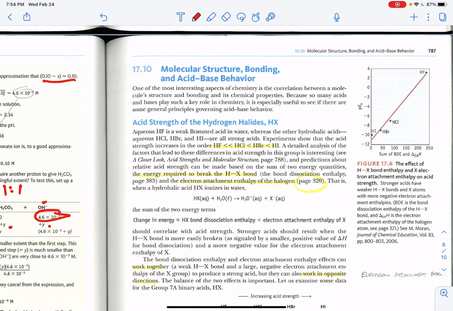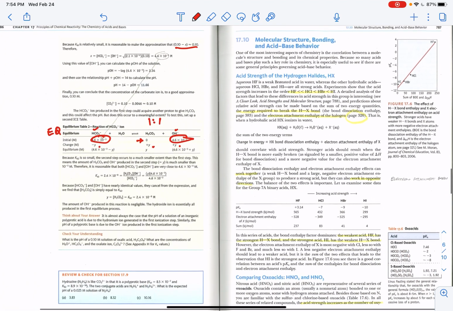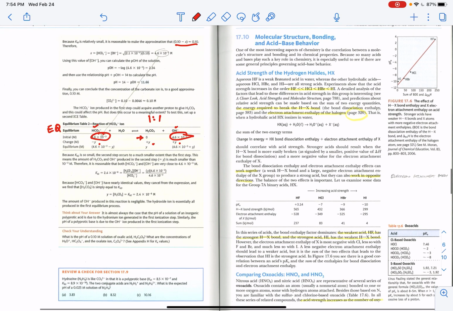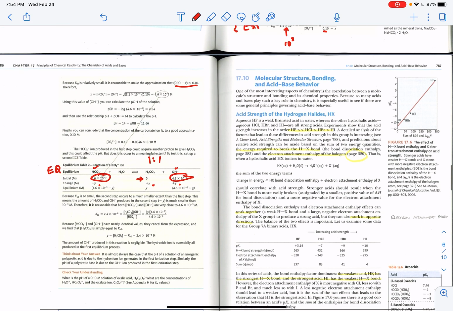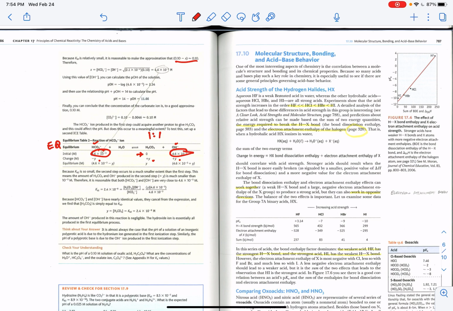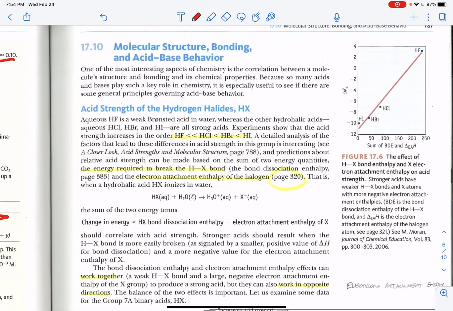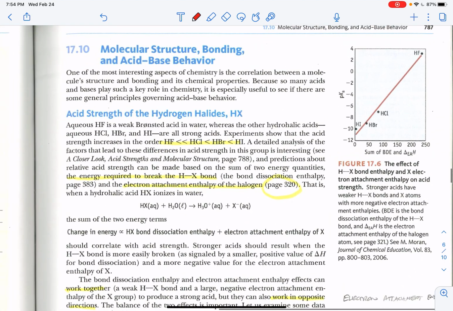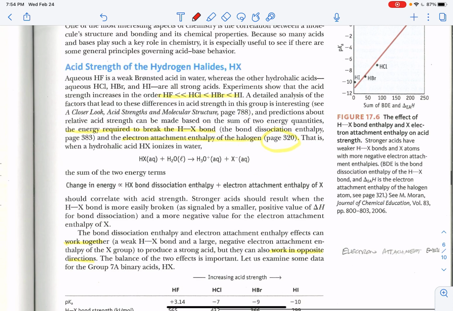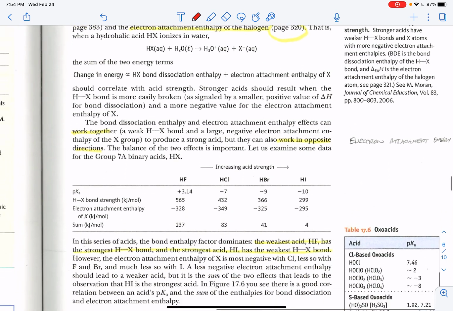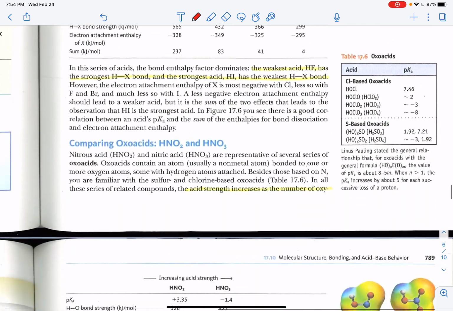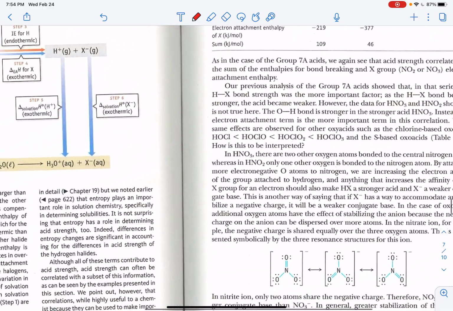So that concludes solving a whole bunch of these problems. And in class, we are going to take a separate look at the molecular structure and how that's related to bonding and acid-base behavior. So this is sort of going to draw on several different chapters. It'll be a good review as well as teach you something new. And when you read ahead,